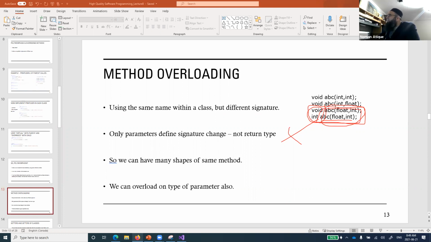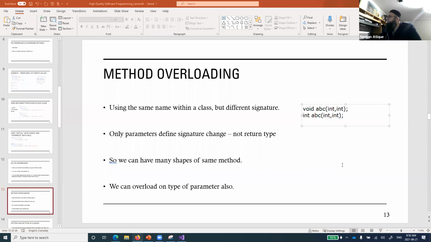This will come again as a concept. But let me just tell you, void ABC int comma int and int ABC int comma int. Now I'm talking to those who have just heard it for the first time. Is it allowed or not? What do you understand with this concept that we have discussed? No, it would not be allowed.